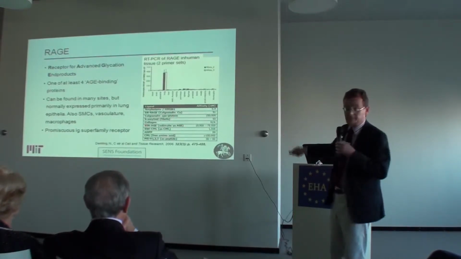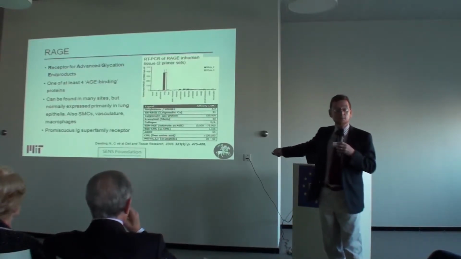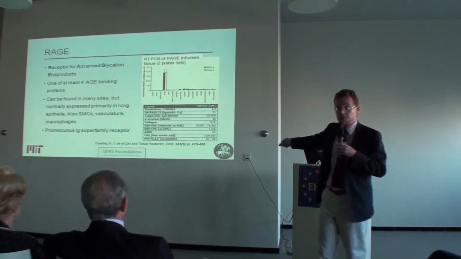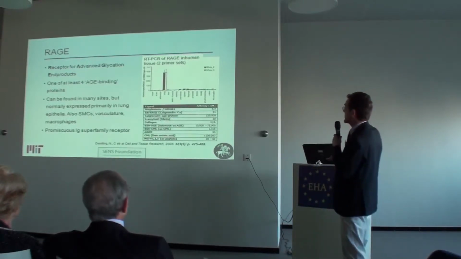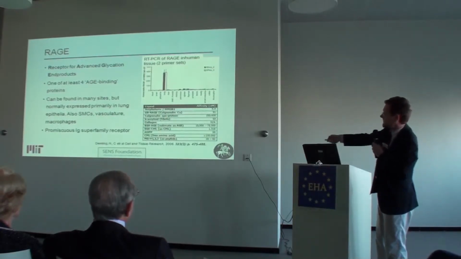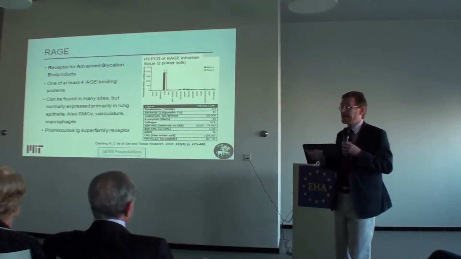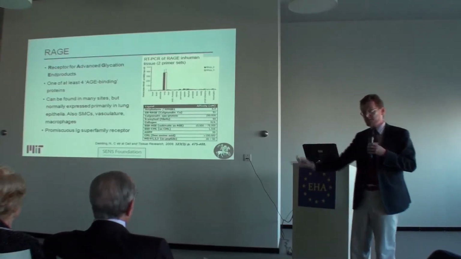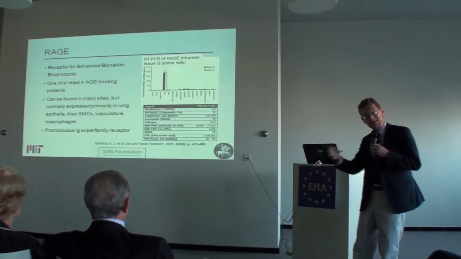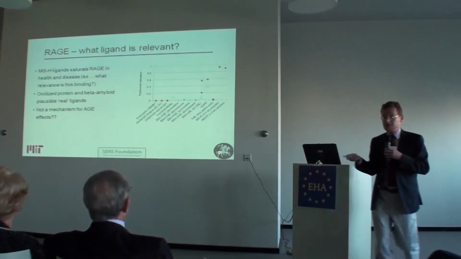BSA-AGE here. This is the common reagent. This is the chicken soup. All right? These people are measuring the binding of this receptor to chicken soup, not to a defined chemical entity. And if you ask yourself what is the affinity of this, and then for these different ligands, how much of them are present in the body, not how much are present in the test tube where you tested this, but in the actual body, you find that for most of these ligands, I've actually started doing this,